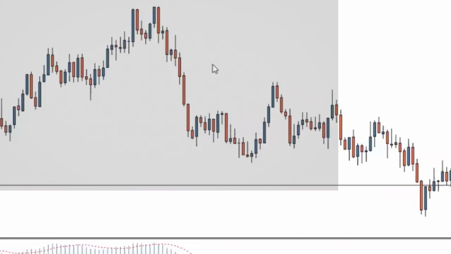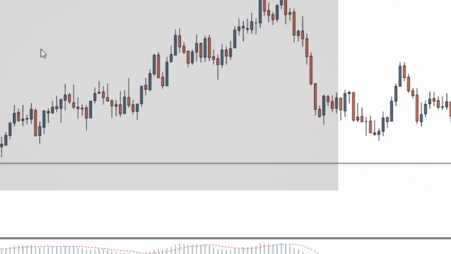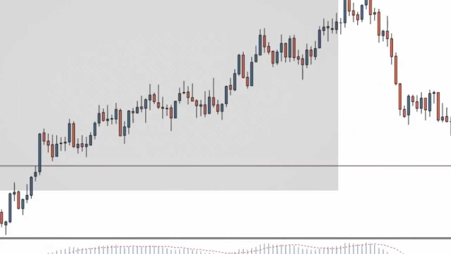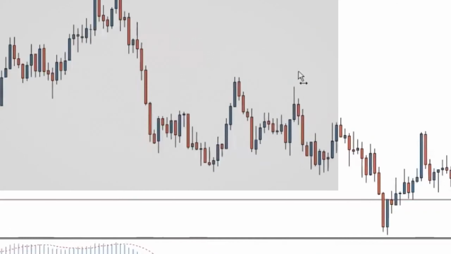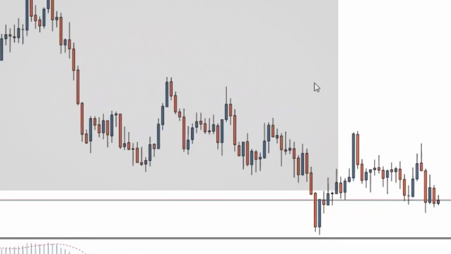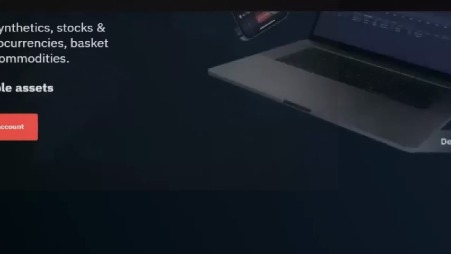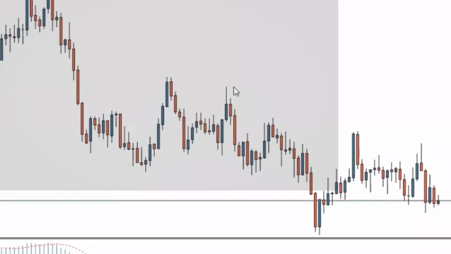And I want to show you how to customize the chart so it's going to look exactly like mine. I'm also going to show you how to work around the two bars and set it up so you don't have a lot of items that you really don't need stuck up there. If you watch to the very end of this video, you're definitely going to get every one of these things really well explained. Now let's walk you through the process of how you can get the MT5 installed on your